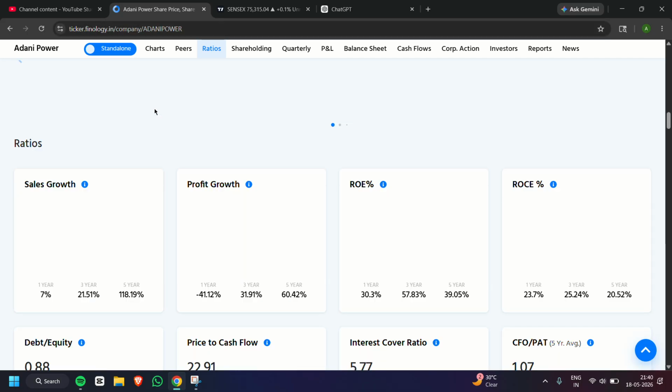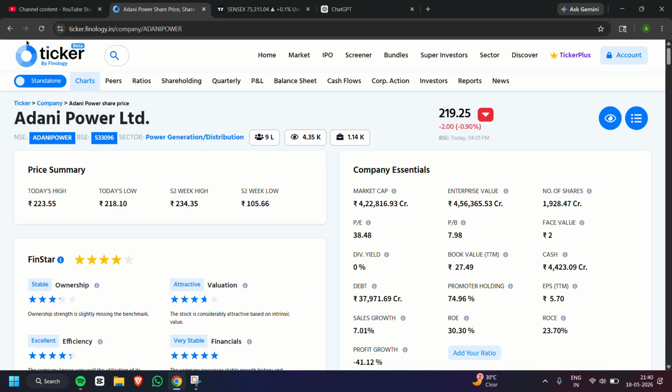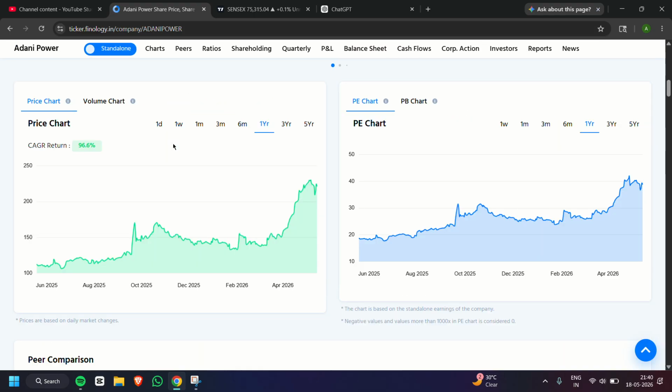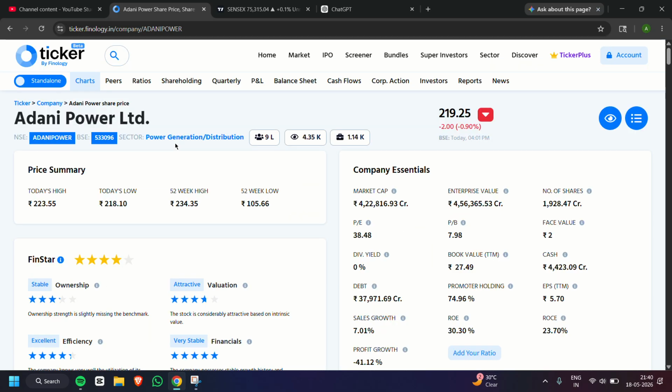So as you know, we are on the website of ticker.phenology.in, and we are just taking an example of Adani Power. You can take any example as you want. So just refresh it once. Okay, so here, if you scroll down, then you will see we have covered